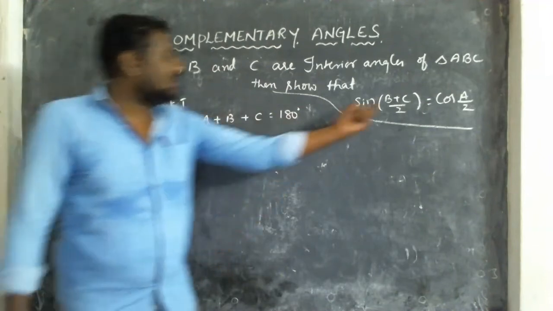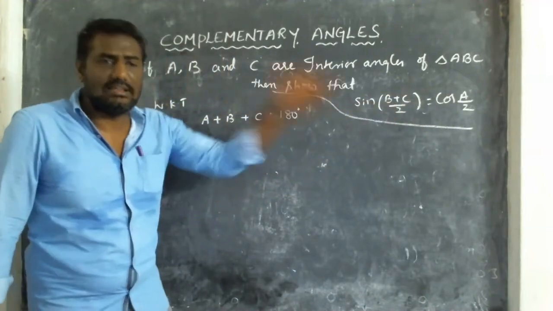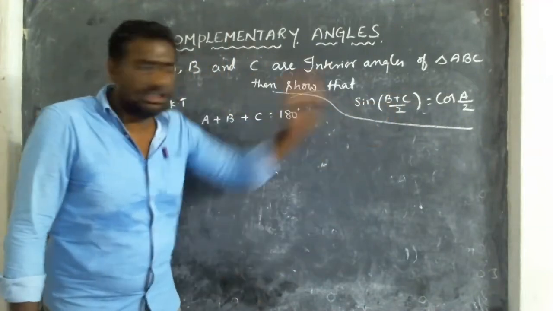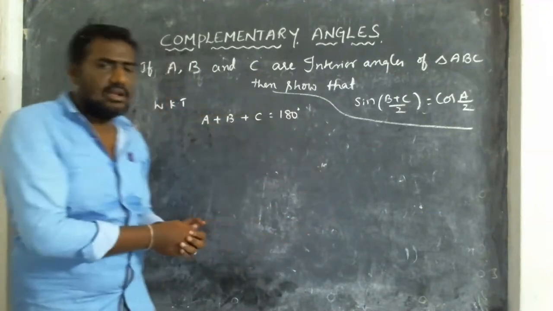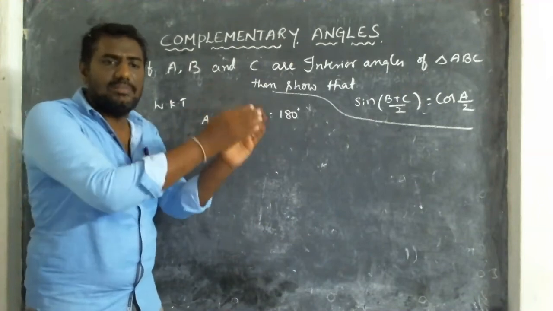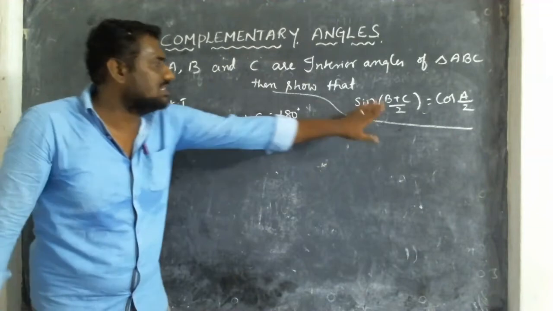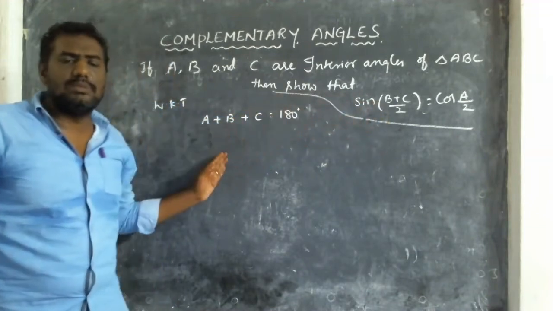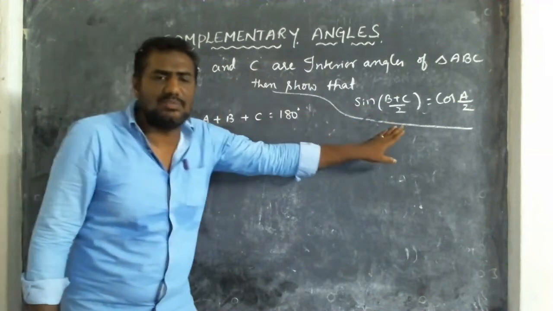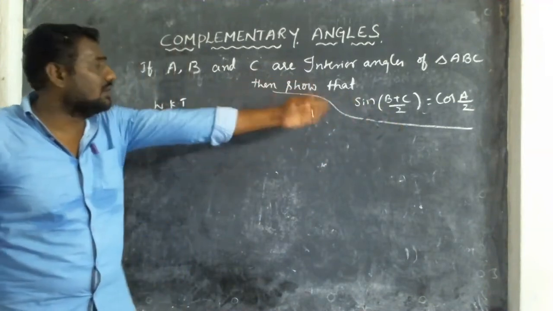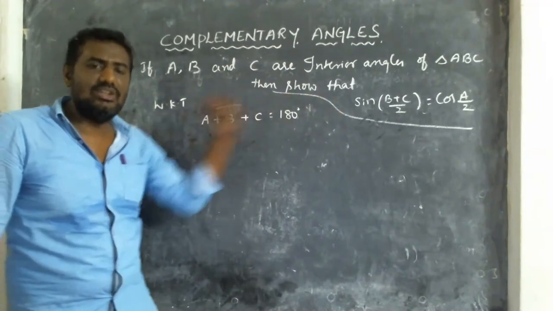Suppose here A plus C is there, B is there. We'll put A plus C as it is, B will be sent to the other side. You see what letters are on the left side? B and C. You keep B and C on the left side, and send the other one to the other side. Suppose on the left side you have A and B, C is on the other side. We send C to the other side. You follow what is on the left side. Left side B plus C, you put B plus C only. Suppose left side A plus C is there, you put A plus C. Suppose A plus B is there, you put A plus B. But in my question here, B plus C is there. I will put B plus C as it is. I send A to the other side.